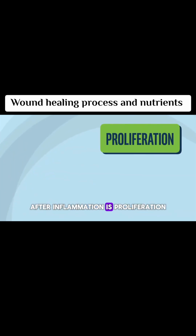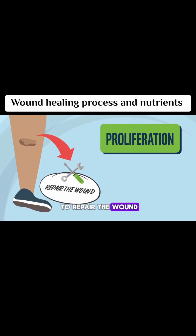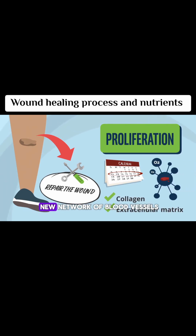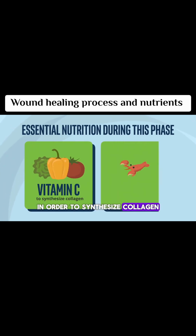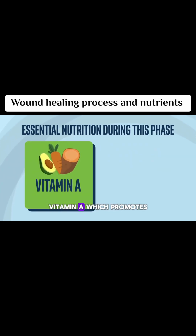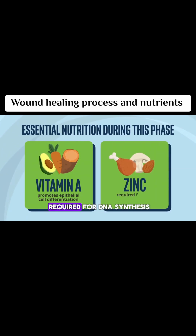After inflammation is proliferation. During this phase, new scar tissue is built to repair the wound. It begins within a week of injury and requires the synthesis of collagen and extracellular matrix, as well as a new network of blood vessels to supply oxygen to the rebuilt tissue. Essential nutrition during this phase includes vitamin C in order to synthesize collagen, glucosamine to enhance the production of hyaluronic acid, vitamin A, which promotes epithelial cell differentiation, and zinc, which is required for DNA synthesis, cell division, and protein